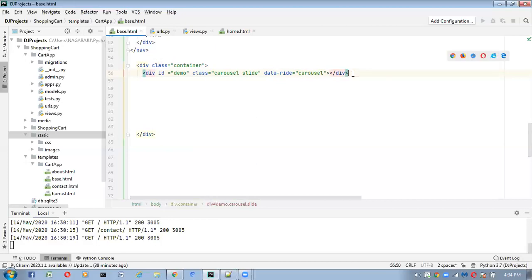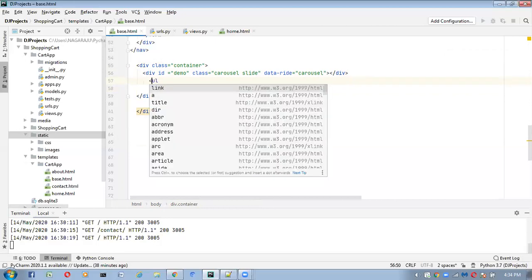Now next, what am I going to take inside this? Inside this div, observe very carefully. Here I am taking one unordered list, with class equal to carousel-indicators.